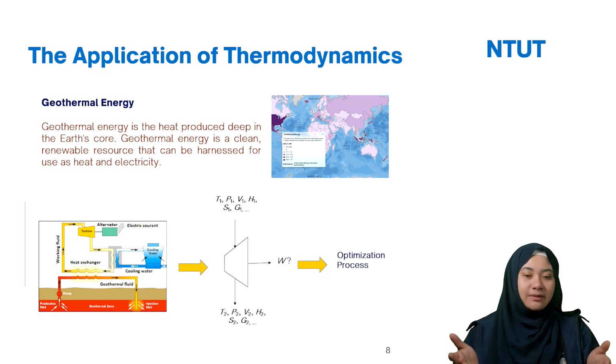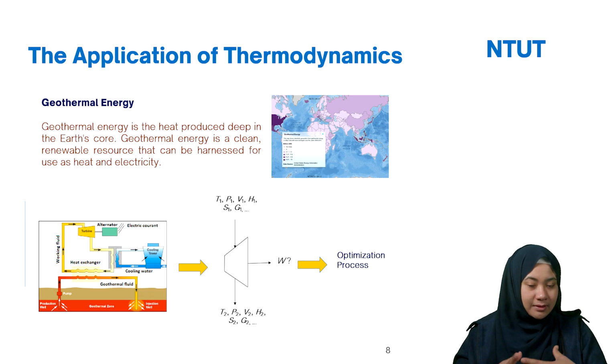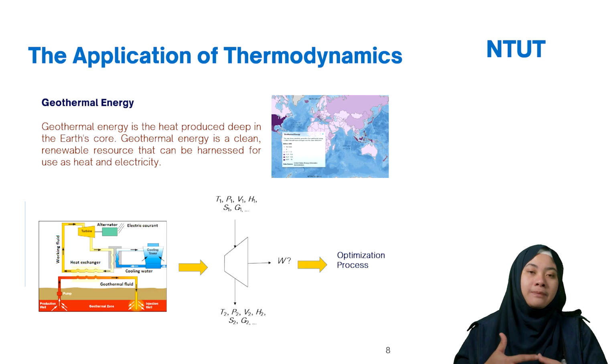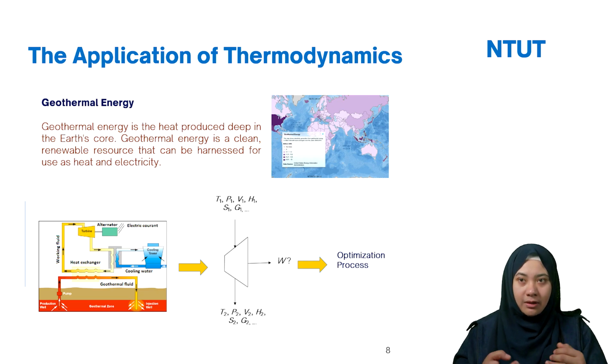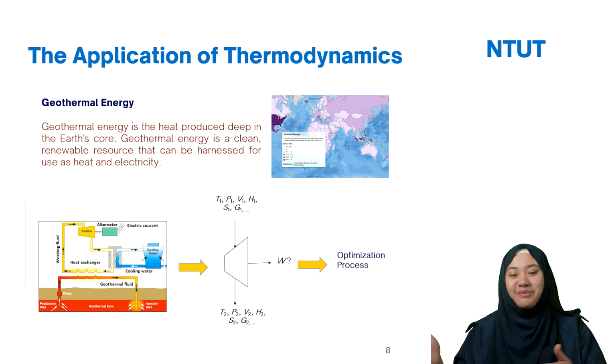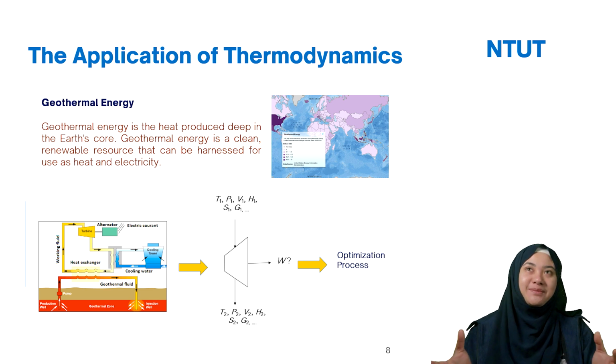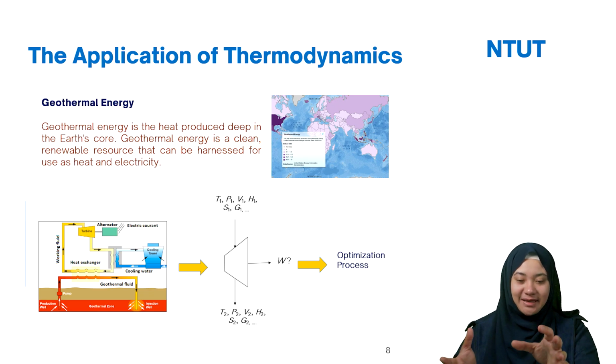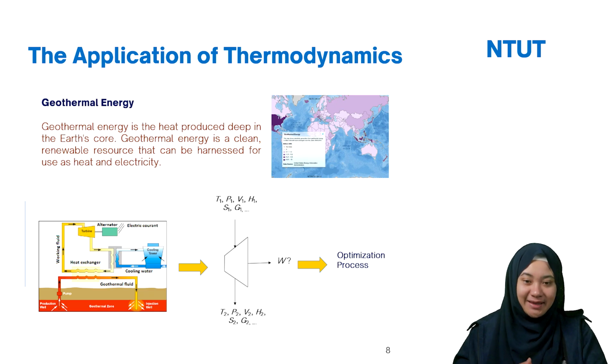Later we will discuss further about the work and what the function of this work is. We will use this work to optimize the process. So how to optimize, how to reduce the work, more energy, less work, less energy. Sorry, it depends on your function, your purpose. If you design, for example, for the work to produce electricity, it means more work is better. So it depends on the production.